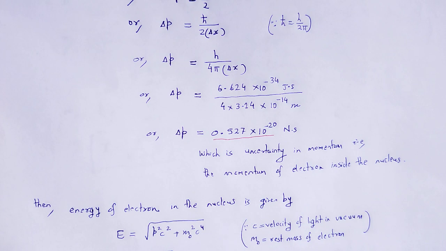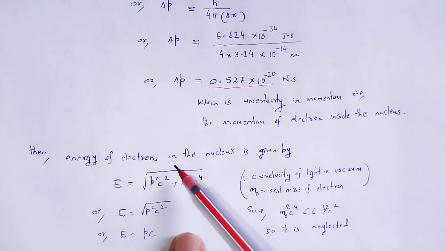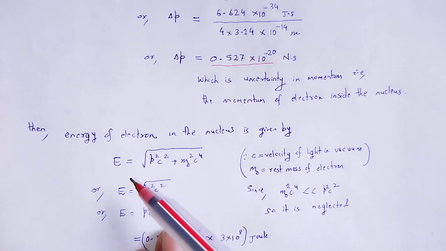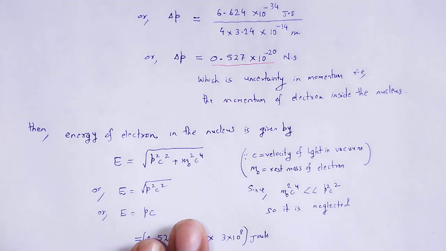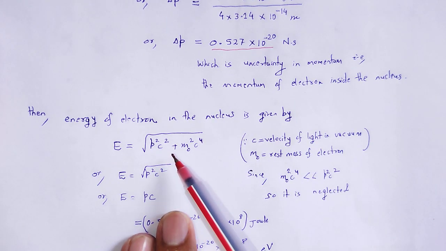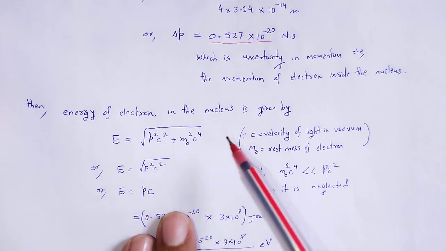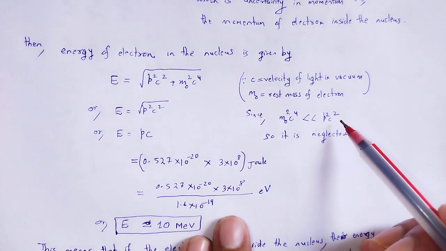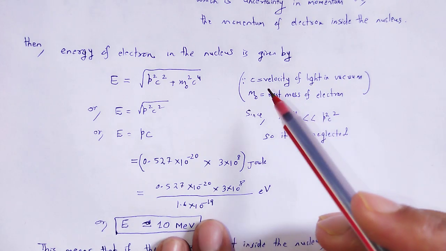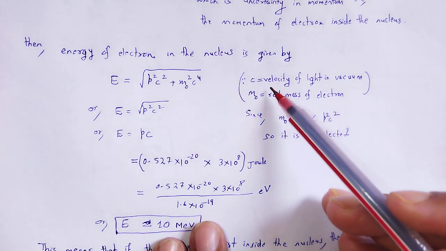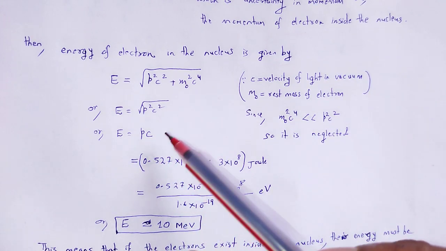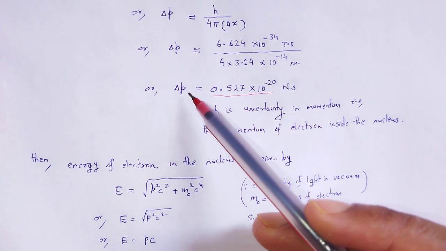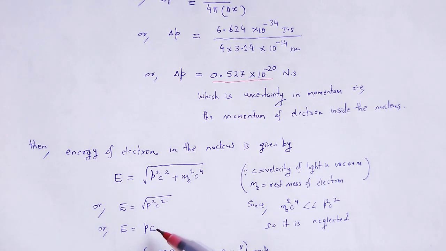meaning that is the momentum of the electron inside the nucleus. Now the energy of the electron inside the nucleus we can calculate by using the relativistic expression for energy, E is equal to the square root of p square c square plus m naught square c to the power 4. Since the second term is very small compared to the first, it can be neglected. Here m naught is the rest mass of the electron and c is the velocity of light. So E is equal to p c. The value of momentum and c are put in, the uncertainty in momentum being the momentum of the electron inside the nucleus,